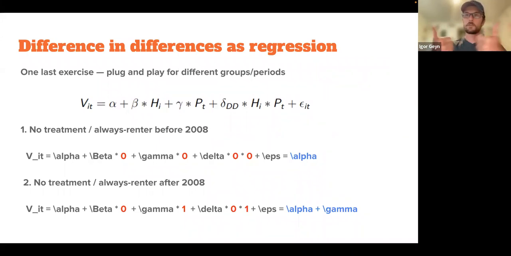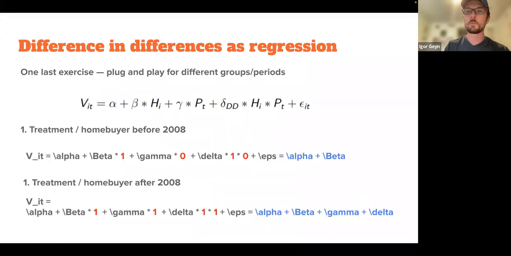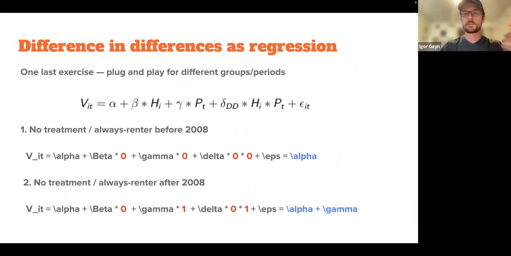We have four different combinations of the values of those two variables. So we go through and turn variables on and off to see the coefficients that remain in the equation for estimation. But more deeply, the point of doing that is again just to show you how we actually get to that delta, by taking the difference here and the difference here,